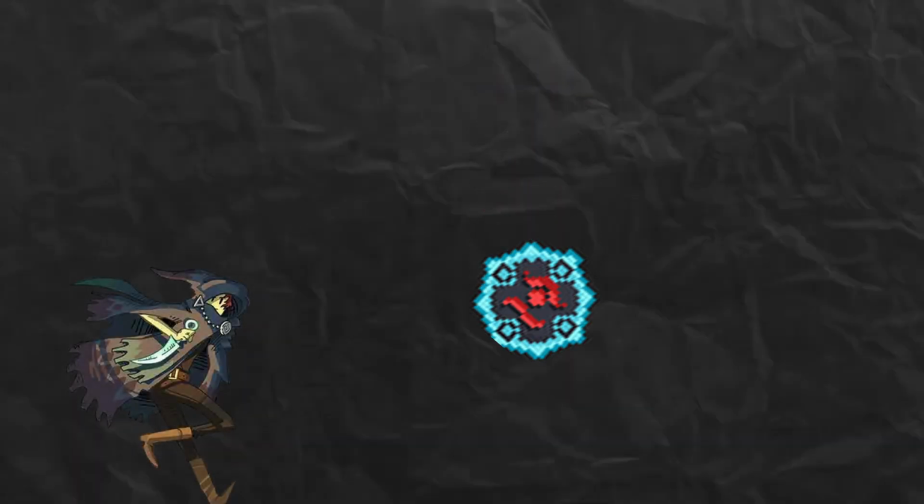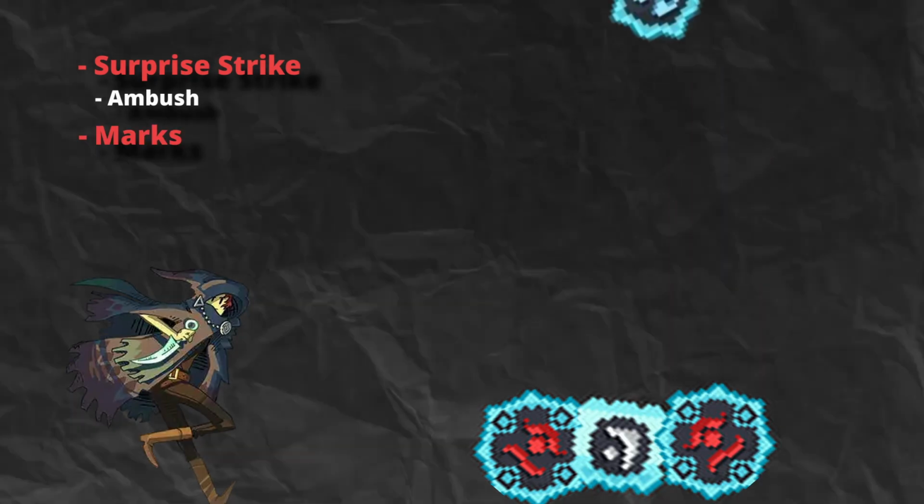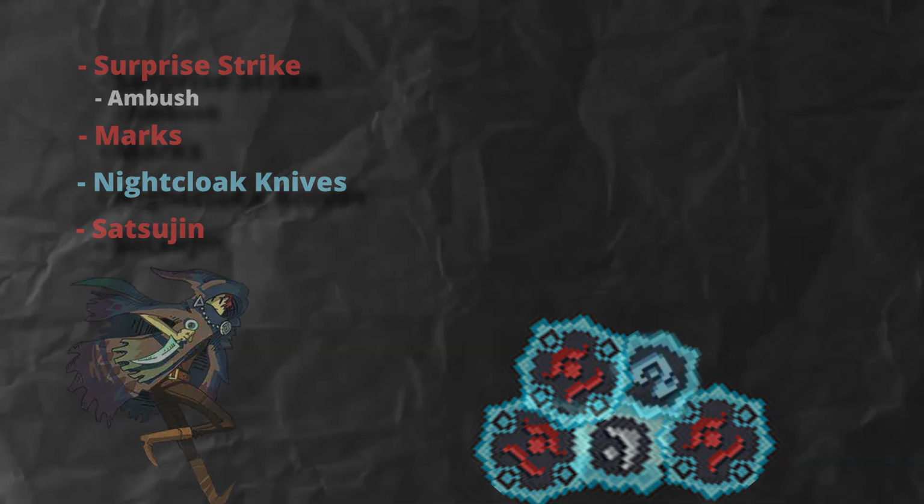Backstab on its own doesn't do that much damage, which is where the rest of the tree comes in. Shade has numerous damage buffs that you're meant to stack on top of each other to ultra boost your backstabs. Starting with...